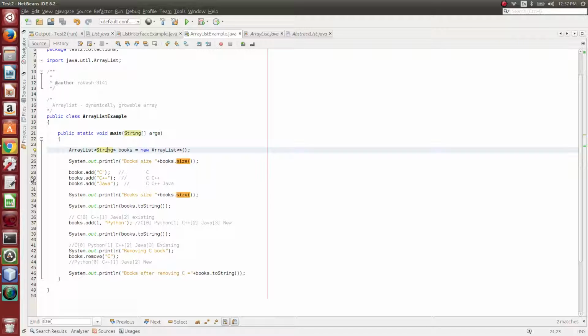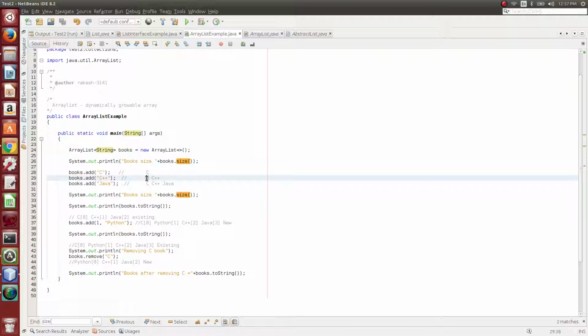So now we'll see how ArrayList methods are used. First, initially what we are trying to do is book.size(). Initially there is no data present in the book, so book.size() will return 0. And then we have added C, C++, Java.